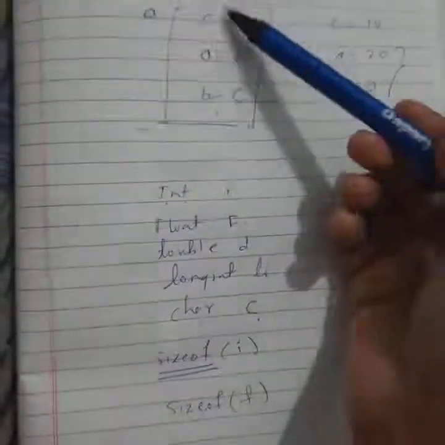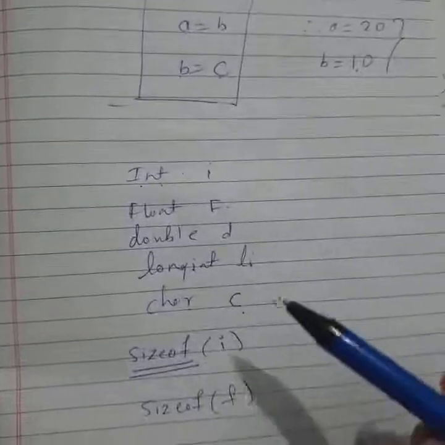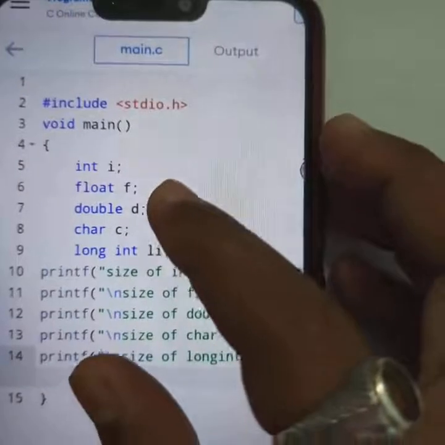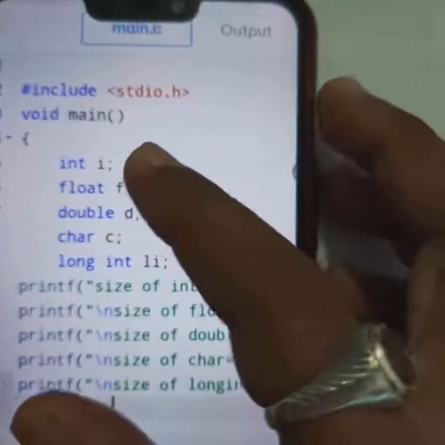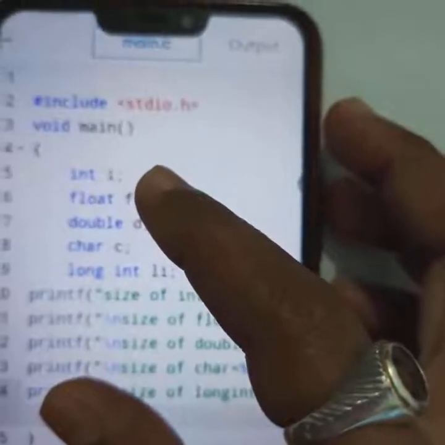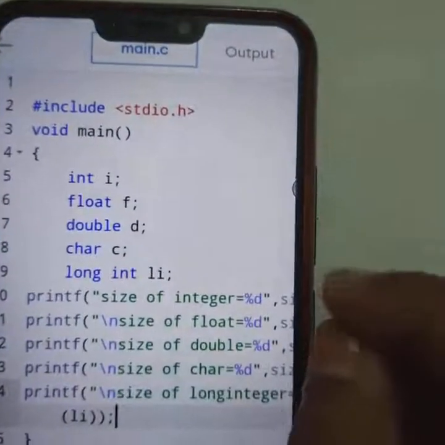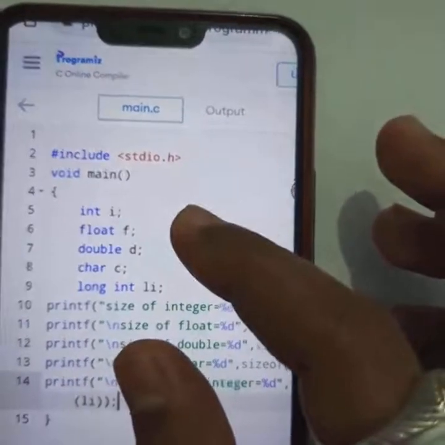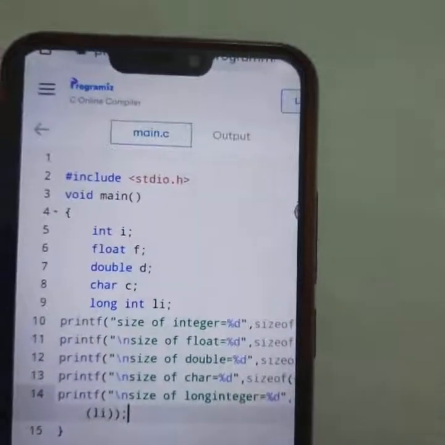I will explain these two programs now. Today I am going to explain size of data types and swapping of two numbers. I have already done these programs and taken a screenshot of them.